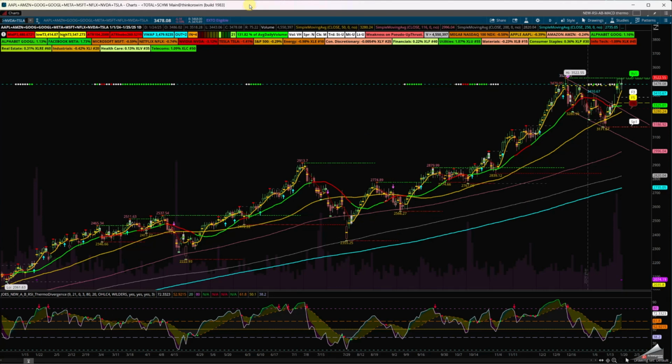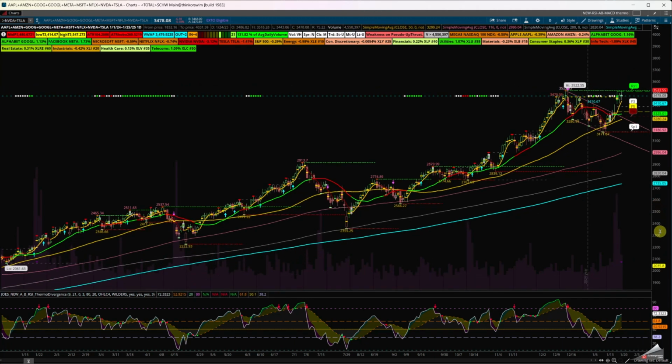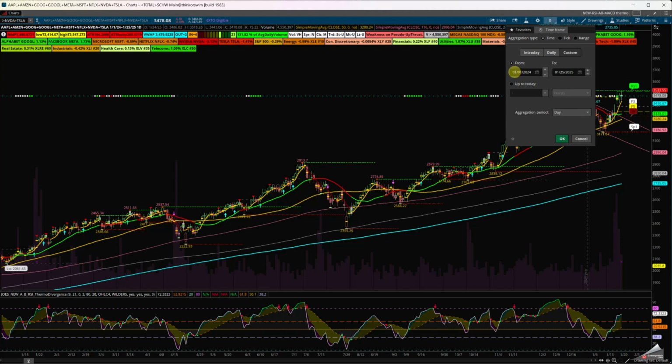And what I did, I put the Mega 8, which is Apple, Amazon, Google, Meta, which is what Facebook used to be, Microsoft, Netflix, and NVDA, as well as Tesla. I wanted to show from January 2024 till December high, the total return in the market. What we can do is get this line, and I can click on that low here, which we had in the year, to up here, and it kind of gives you an overall view. What I can do, just set it up 2 months out. Let's just go back till 11, okay, everyone.